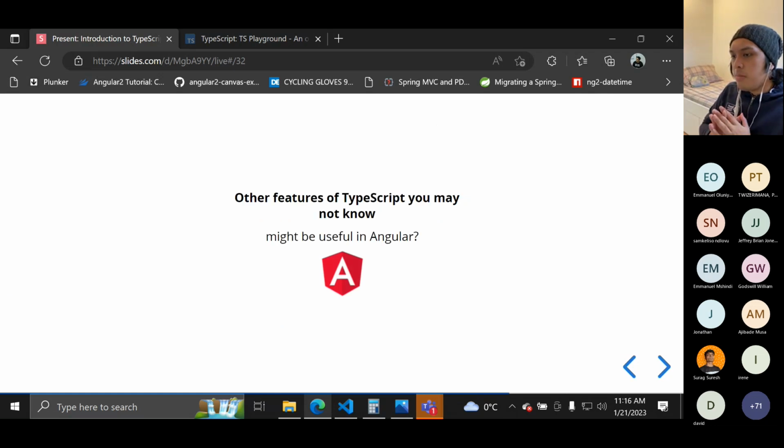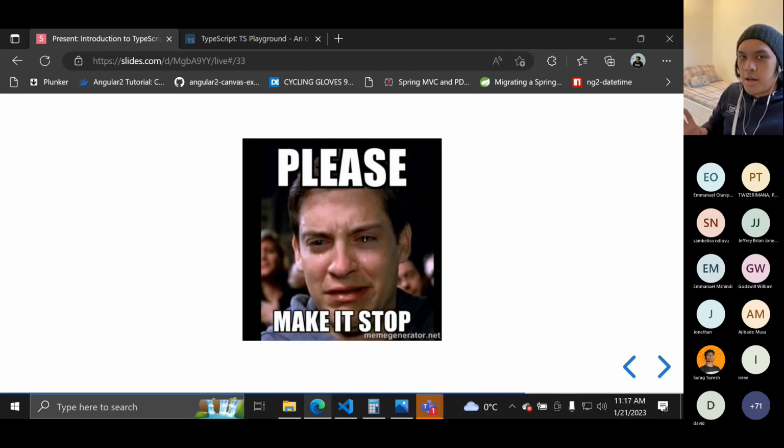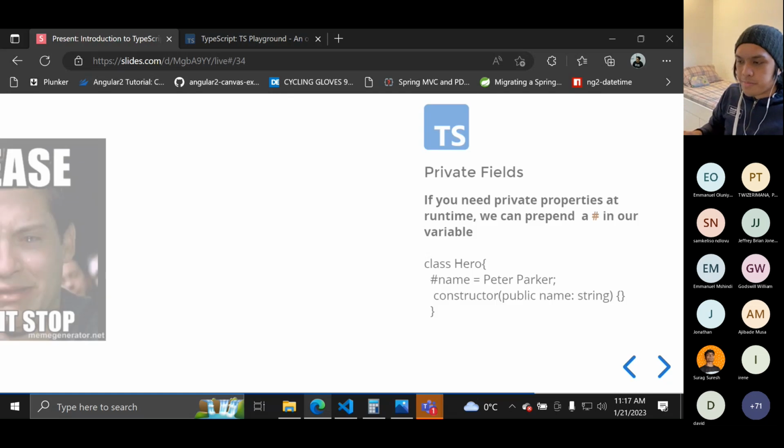I know you guys have absorbed so much information already about TypeScript, but I just want to show you some of the unique features of TypeScript. This is not really advanced, but you might not see this concept or feature in some other code. Okay, this is almost done. Don't worry. These are just four or five features that we have in TypeScript.